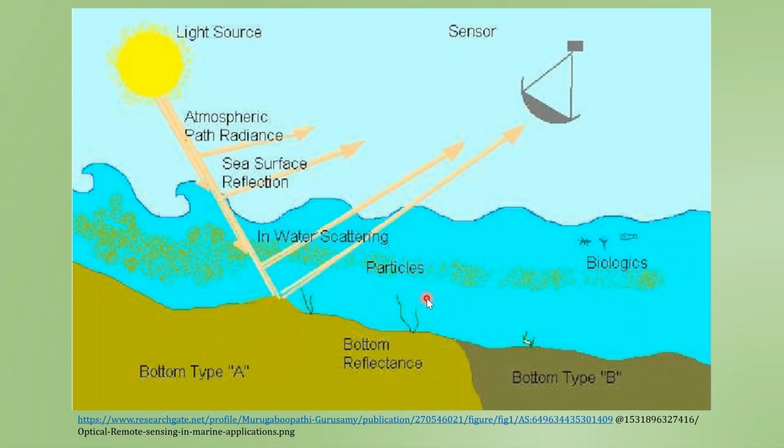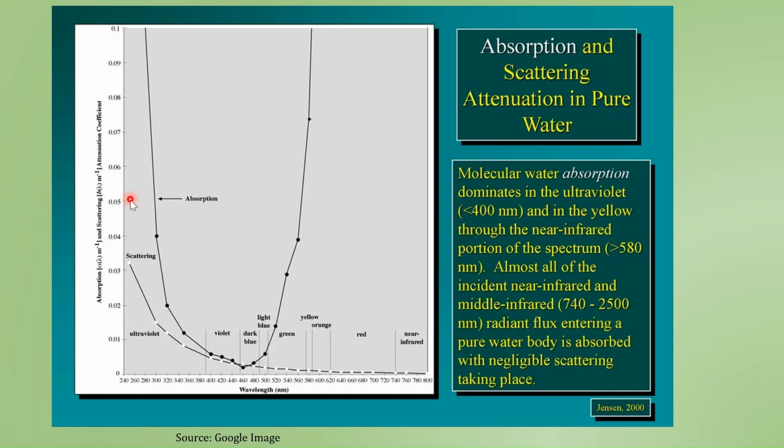So this bottom reflectance is utilized to understand the characteristics of the bottom, or the characteristics of the bedrock which is present beneath the water bodies. This image shows the absorption and scattering attenuation in pure water. The data collected for absorption and scattering attenuation coefficients from various studies were compiled to understand how different wavelengths interact